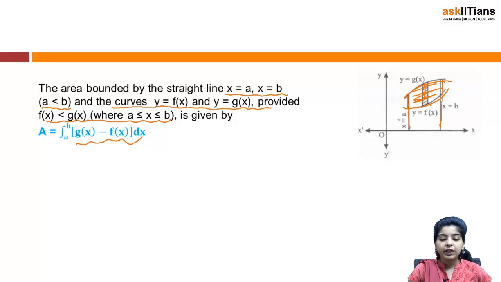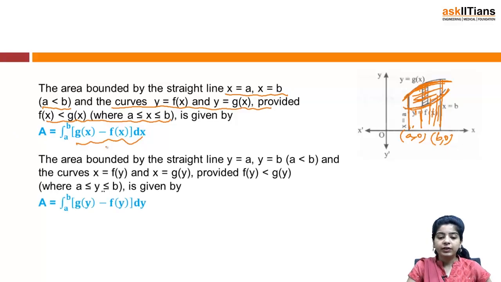And so the area would be integral a to b. This is a, this is b, that is a0, b0. So integral a to b gx, the area enclosed by this curve, minus, that would be this entire area, right? Minus the area enclosed by this curve, that would be this entire area. So we finally get this area. So area A equals integral a to b of gx minus fx dx.